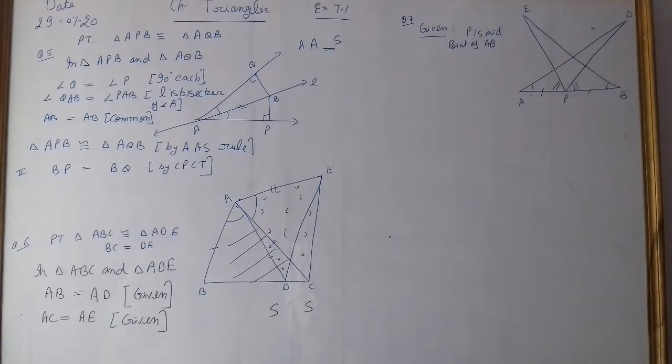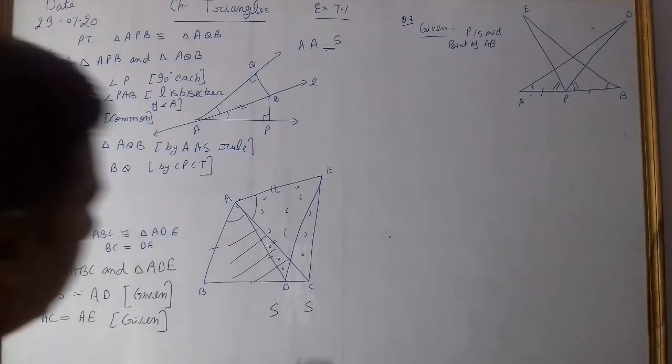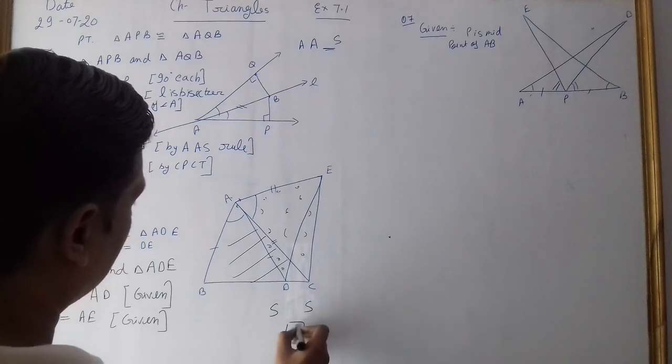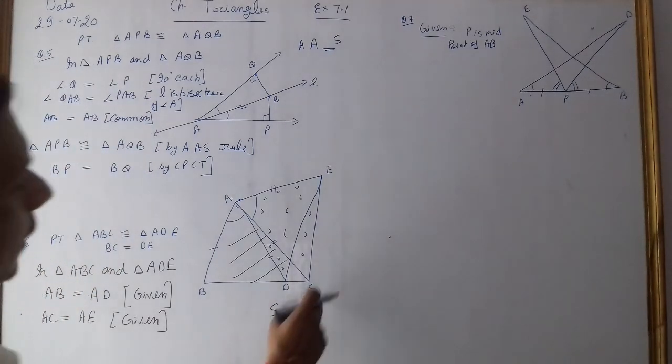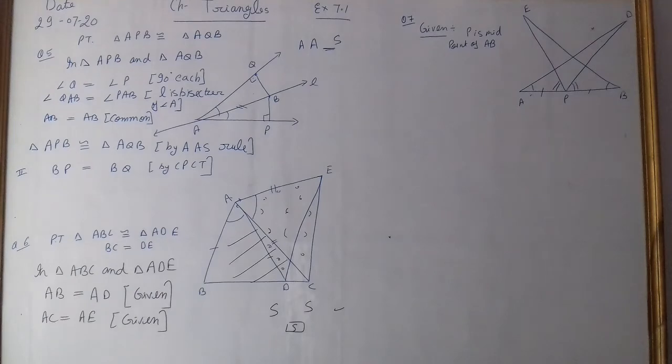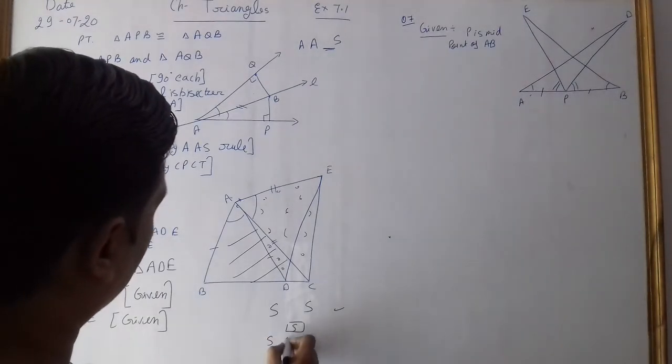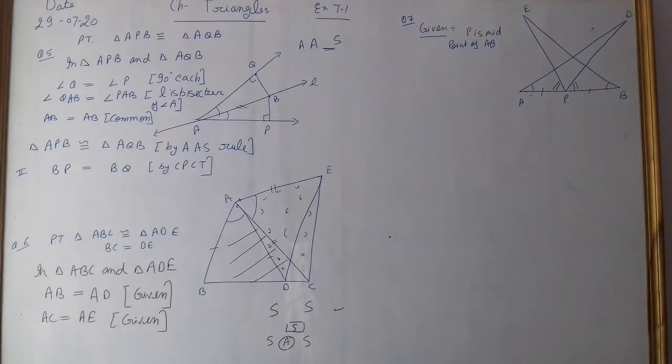Now think about it carefully. What is required if we have two sides? Then we have the option that it may be side, then it becomes side, side, side, the first congruence rule, or it may be side, angle and then side. Okay? We have two options if two sides are given: side, side, side or side, angle, side. So the third side is not given equal, so this is flawed. We can't use this option here.